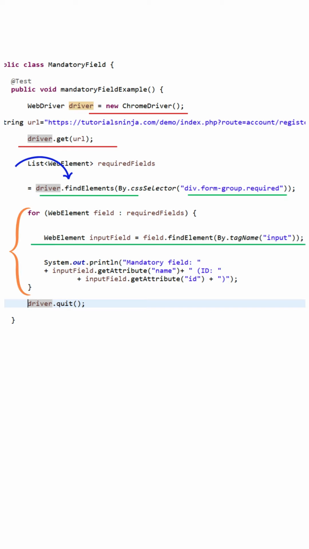The for loop iterates over each web element in the required fields list. For each web element, it finds the corresponding input field inside the container. The getAttribute method is then used to retrieve and print the name and id attributes of the input field, identifying